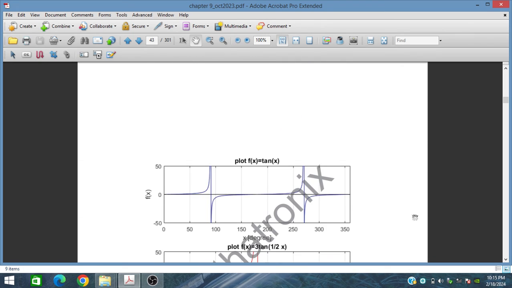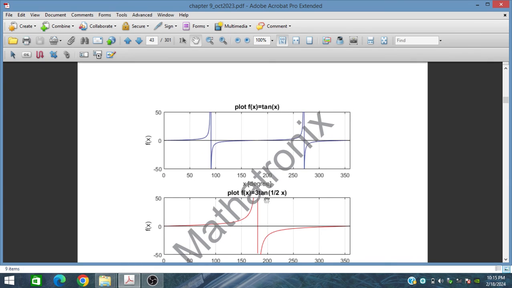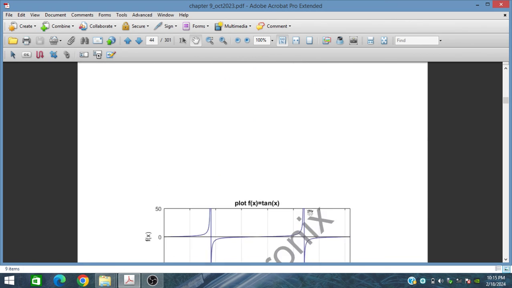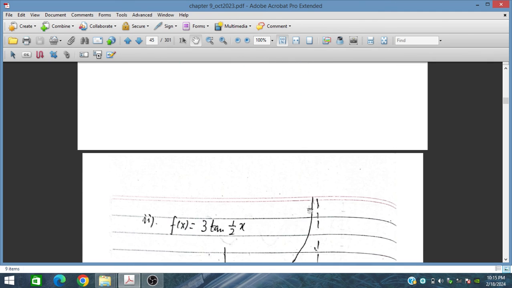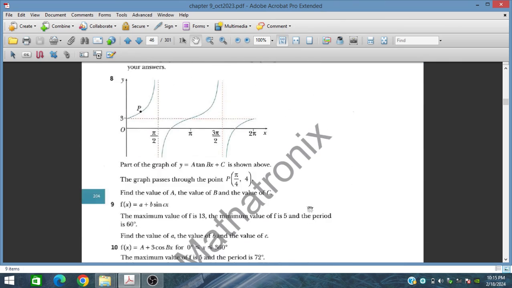So this is tangent x, while tangent half x is, in place of x we have half x, like this. This is all very important, and in the next session we will discuss